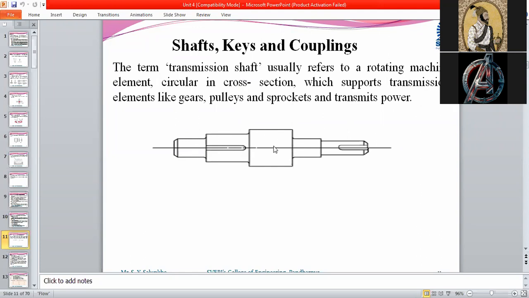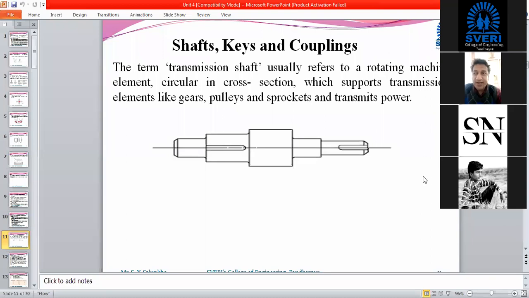So the next question is: which basic criteria would you take while designing such rotary, circular cross-section shafts? That means all of the theories of failure which we have seen. Which criteria? Whether it is coming under tension, compression, or torsion. Which type of stresses are the major stresses in the case of a shaft?